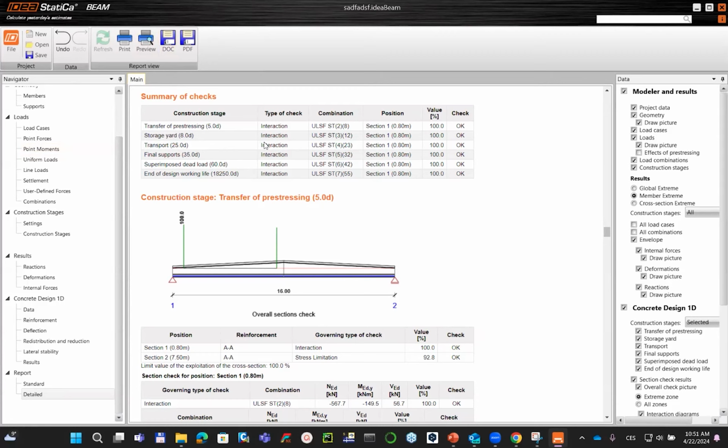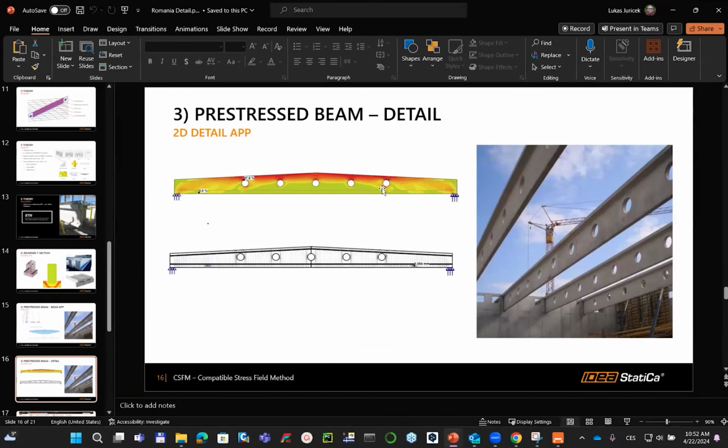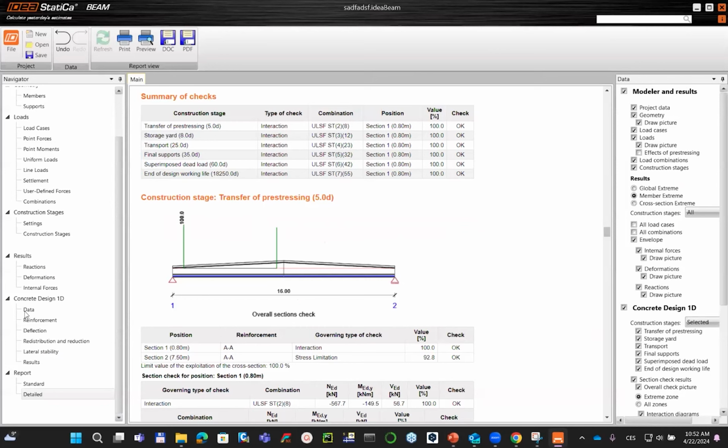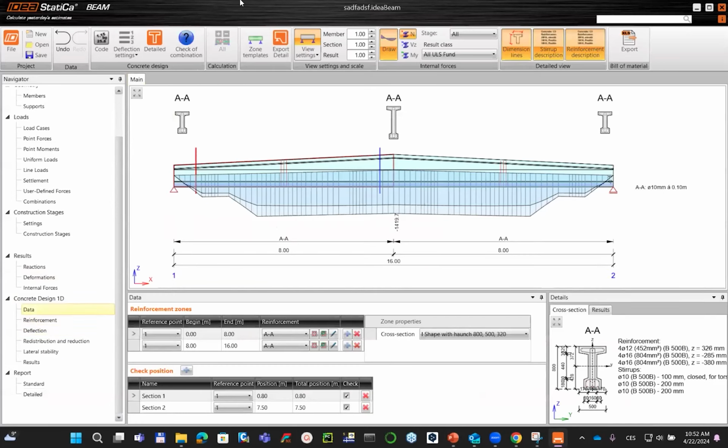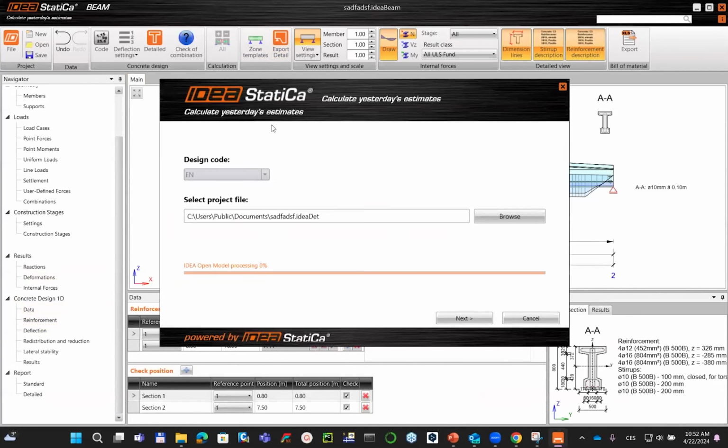Welcome back. Let me continue on the other part, that will be the export of the beam and putting the openings. So let's go directly to the export. If you go to the reinforcement option, here is the export to the detail. If you hit the button, you can export part of the structure or the whole structure to